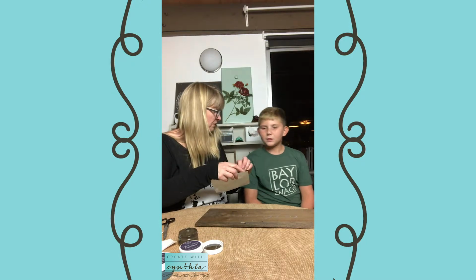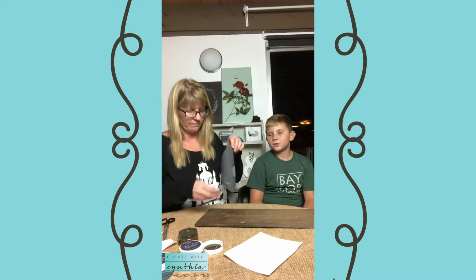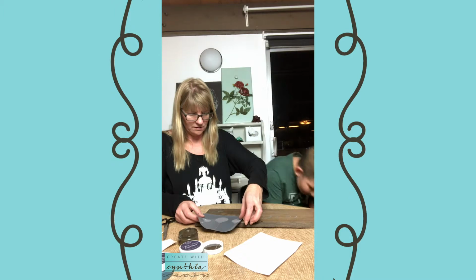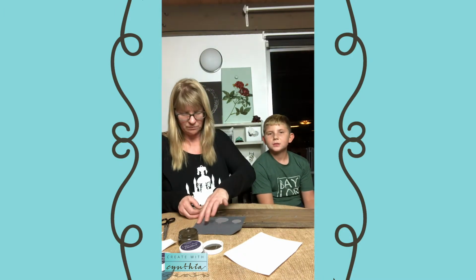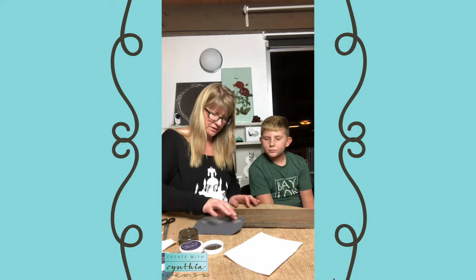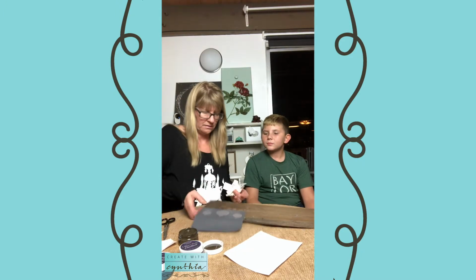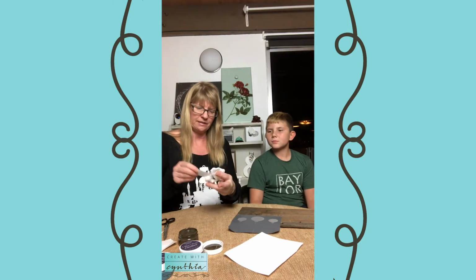Do you want me to put the stencil on first? Yeah, sure. Okay. So we are going to do the ornaments right above the "'Tis the Season." So you can see me doing that. I'm just taking the mesh adhesive stencil and adhering it to the surface and rubbing on it so that it is sticky. I'm going to take my scraper, and I got a paper towel right here, and I'm just going to wipe